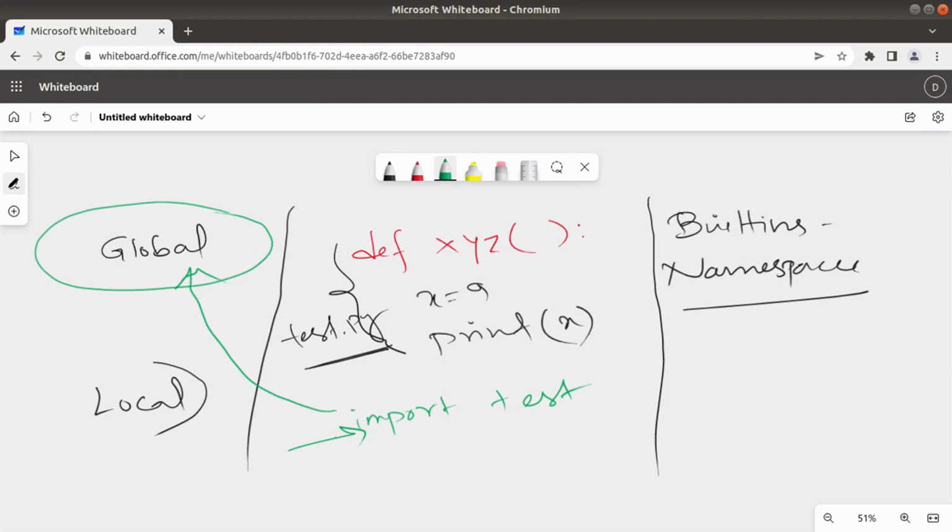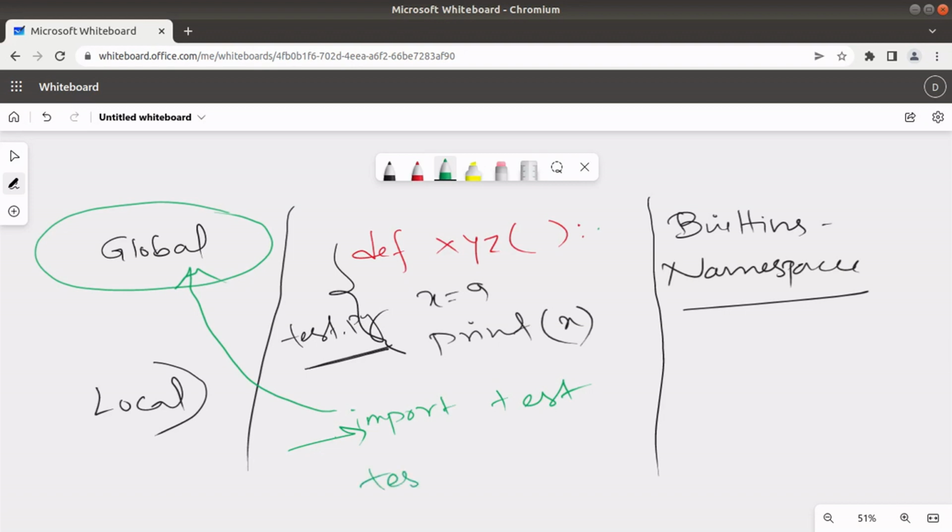Think of the global namespace as a shared namespace among all the private or local namespaces. What is a local namespace? A local namespace is nothing but a session which is only active while a function is getting called. When we do import test, it creates a reference in the global namespace. After that we do it like this,